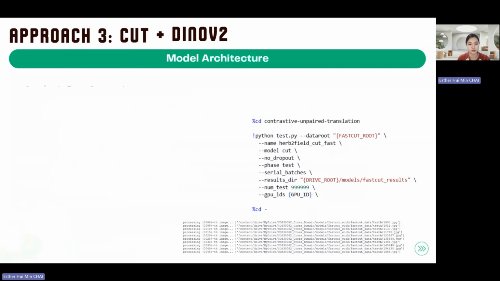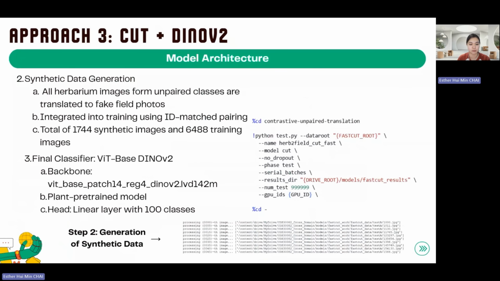So after training, the model generates synthetic field images for all unpaired classes. These synthetic samples are then added back into my training set to boost representation for those difficult classes. So I have a total of 6,488 training samples. For classification, I use a DINOv2 backbone pre-trained on plant data, followed by a linear head with 100 species